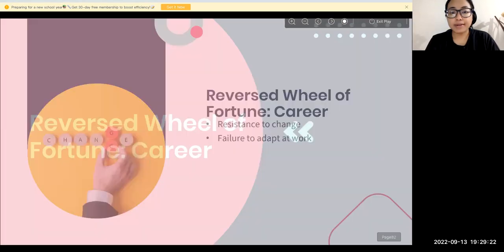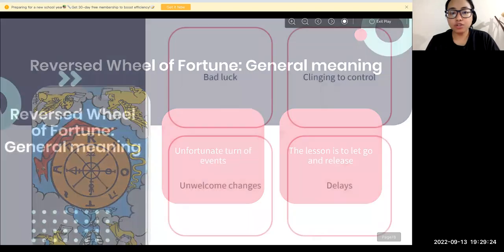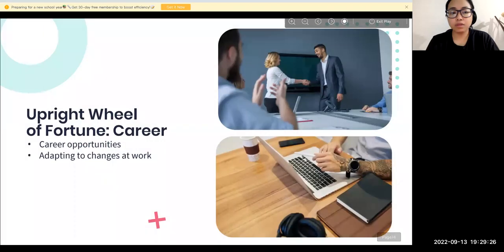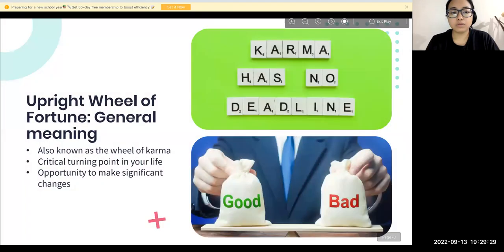And also look at your life, because it's a wheel of karma. Look at where in your life you have done some bad karma. A lot of people have a misconception that if I do good karma, the bad karma will be nullified. No, it is not going to nullify.